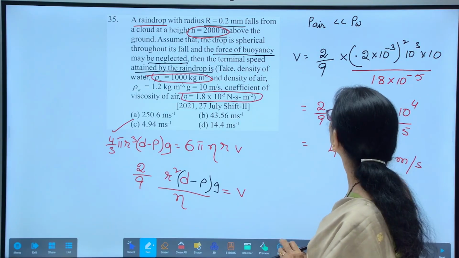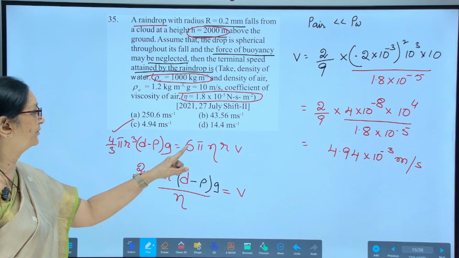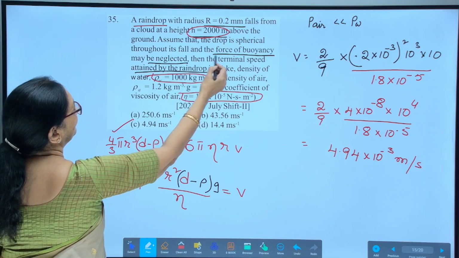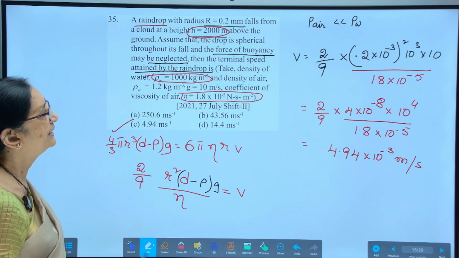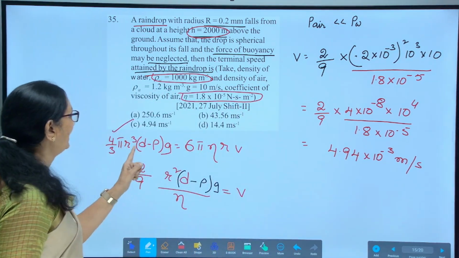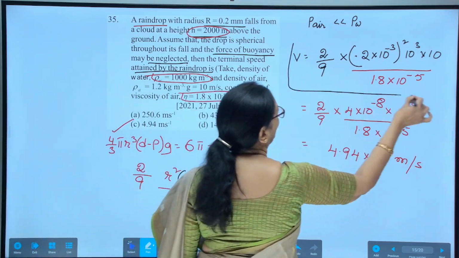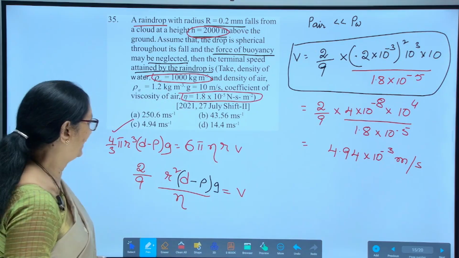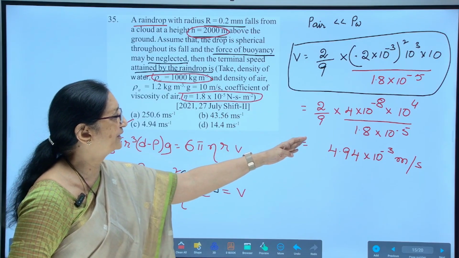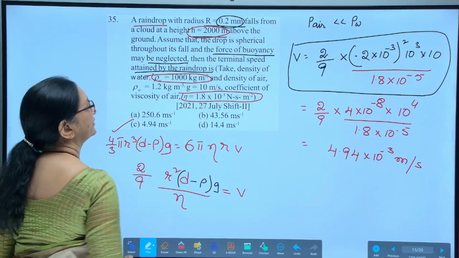So, here once again, see, 4 by 3 pi r cube (d minus rho) g is 6 pi eta r v. Actually, he said the force of buoyancy can be neglected. So, if you neglect the force of buoyancy, it just becomes 4 by 3 pi r cube dg is equal to 6 pi eta r v, from which v is equal to 2 by 9 r square dg by eta. So, on substituting all the values, 2 by 9, radius is given as 0.2 millimeters, 0.2 into